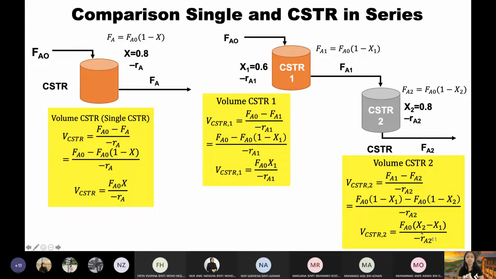Okay, senang je. Fikir je logik. As I told you, conversion will always increase. Maknanya X2 will be bigger than X1, X3 bigger than X2. Okay, so katakan sini X2 minus X1. Katakan kamu confused lah kan? Kamu letak X1 minus X2. Okay, so kamu tahu kalau kamu letak X1 minus X2, katakan X1 kamu contoh dia 0.6, X2 kamu 0.8. So if you put 0.6 minus 0.8, you get a negative for sure. So fikir balik logik. Volume reactor tak mungkin negative. You cannot get a negative for a volume of a reactor.